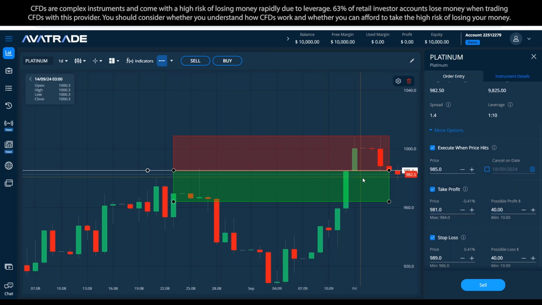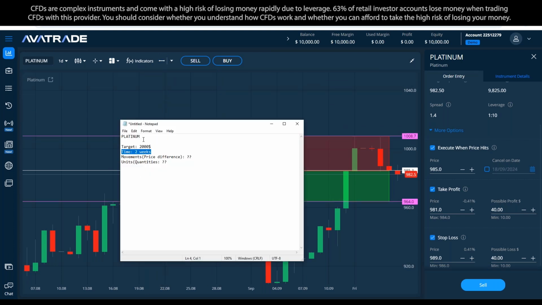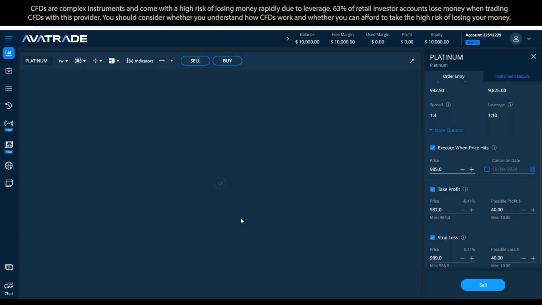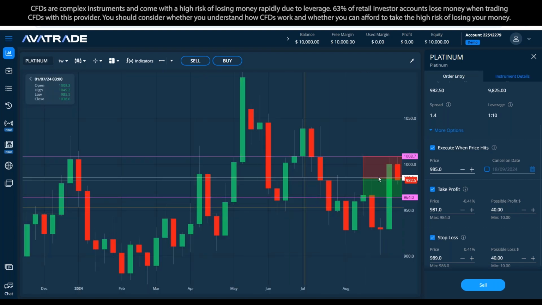Now, how can I know if this is an average price to aim for, or if the stop loss is far-fetched? Remember, because our plan is weekly and we are looking at days, the proportions that we have here are not going to help us a lot. What we better do is change to weeks, okay? And if we change to weeks,